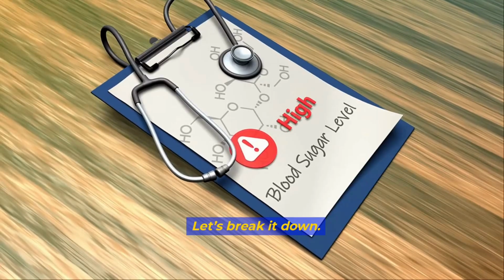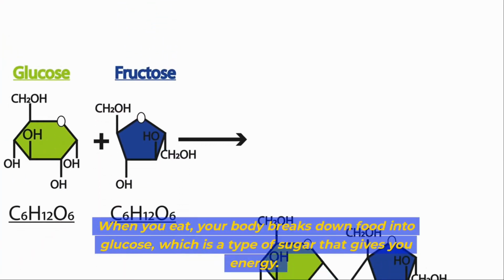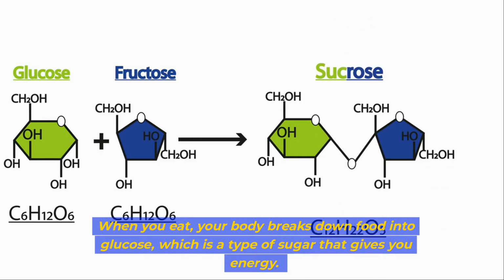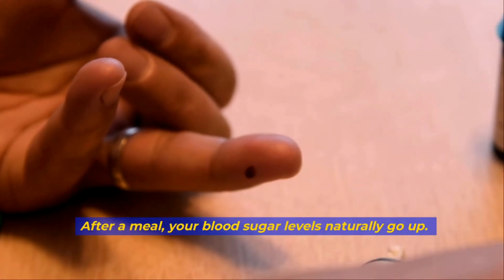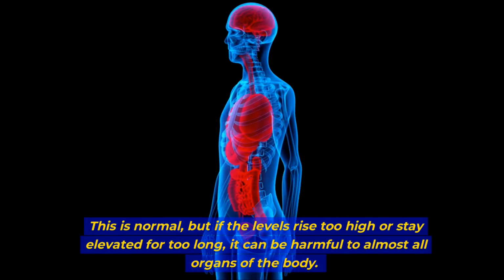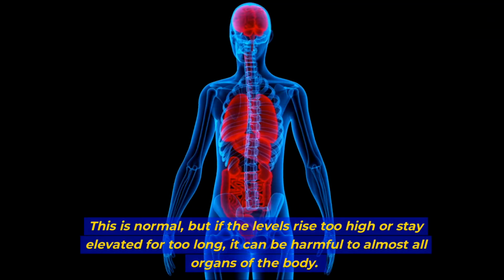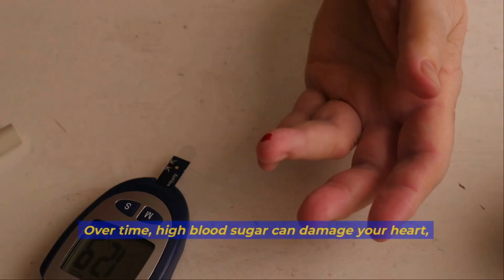Let's break it down. When you eat, your body breaks down food into glucose, which is a type of sugar that gives you energy. After a meal, your blood sugar levels naturally go up. This is normal, but if the levels rise too high or stay elevated for too long, it can be harmful to almost all organs of the body. Over time,